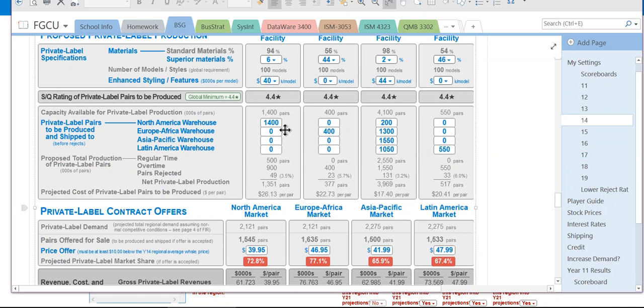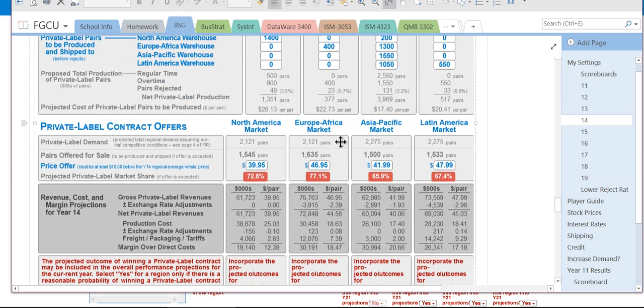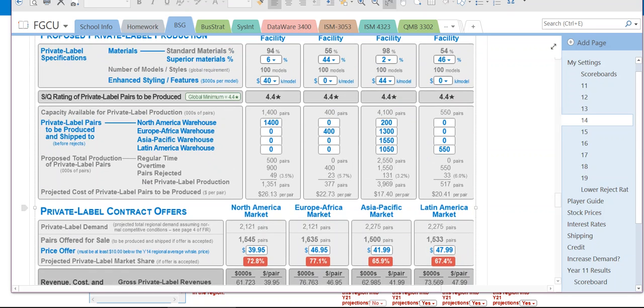So hopefully that explains that screen. But certainly you should put that in your papers wherever appropriate, that we dominated the private label up until the year 2019. And it's because we knew